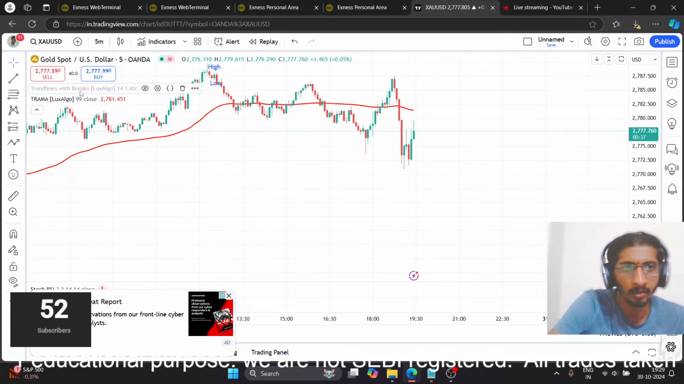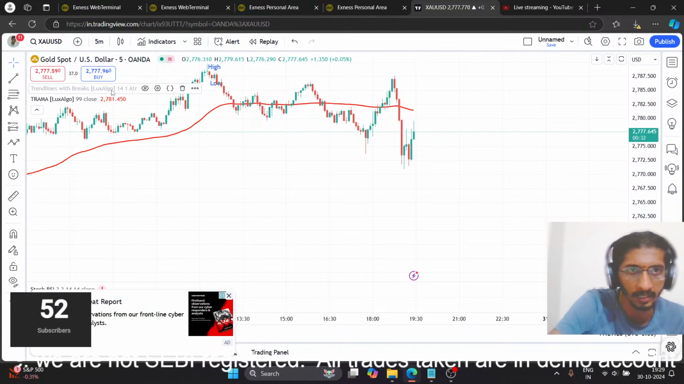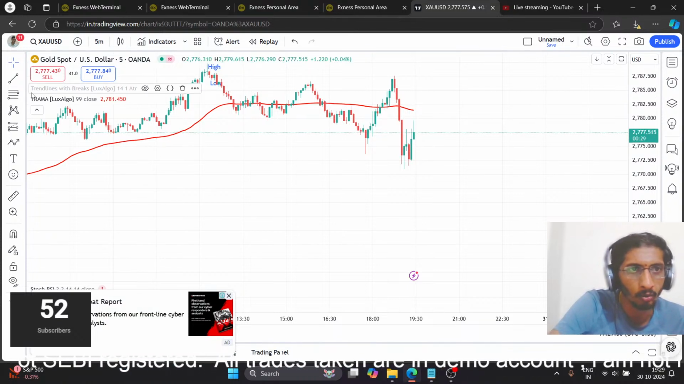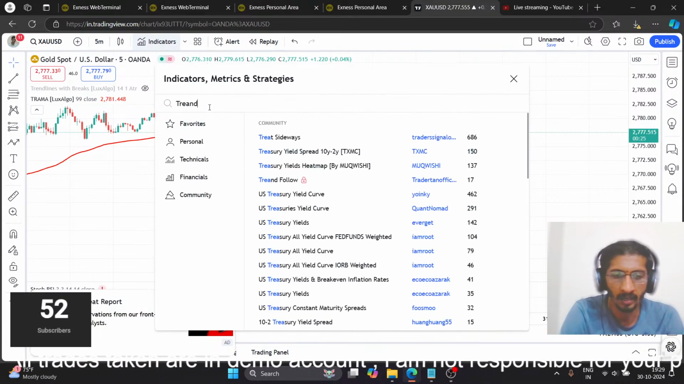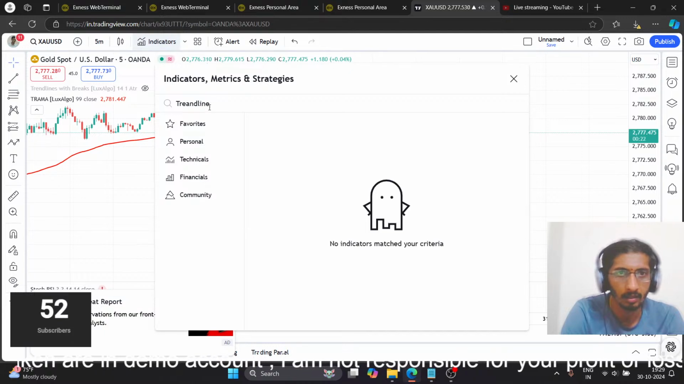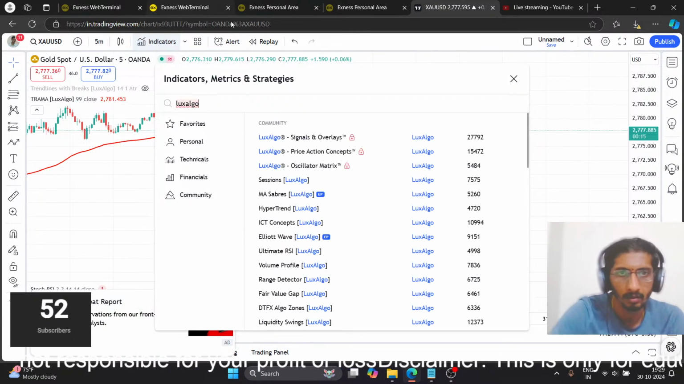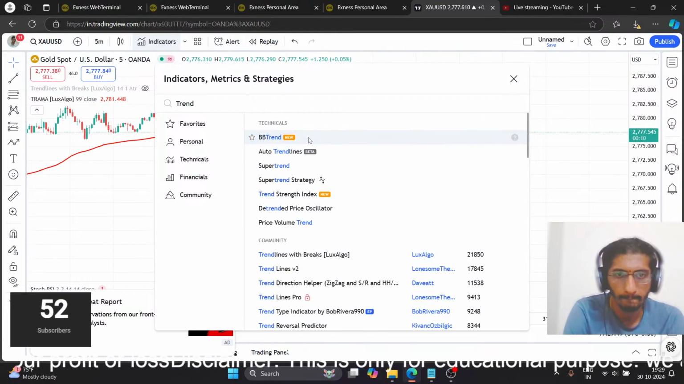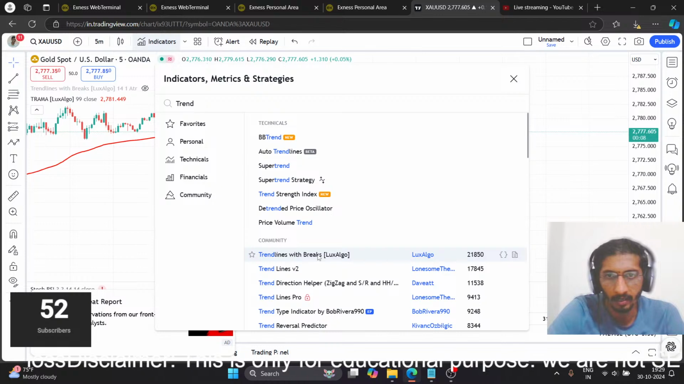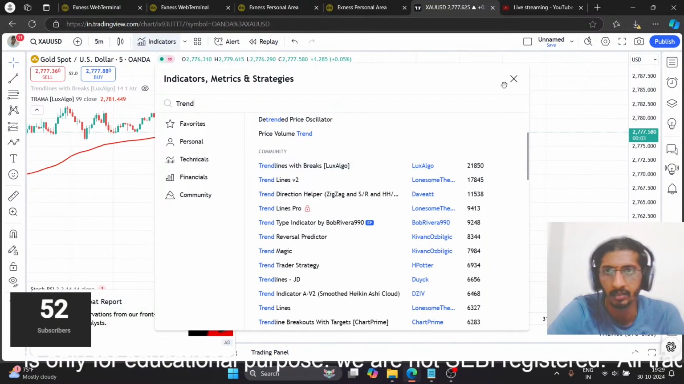The second indicator that I use is Trend Lines with Breaks. This indicator is also from LuxAlgo. So you have to search for trend lines. Trend Lines with Breaks. This is the indicator which you should be selecting. So once you click on it,